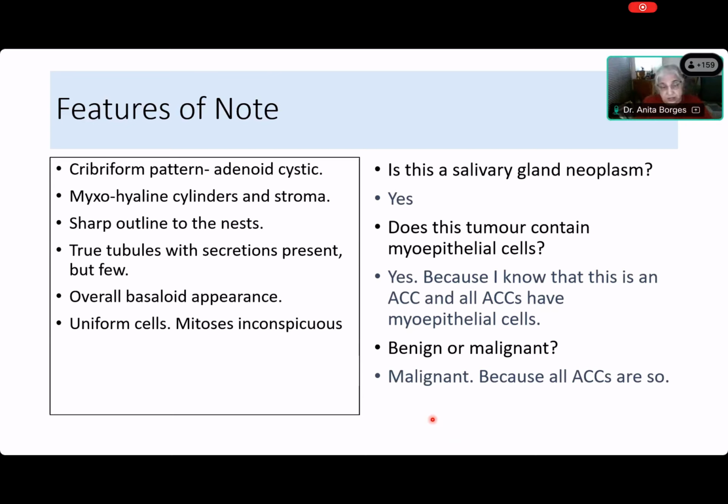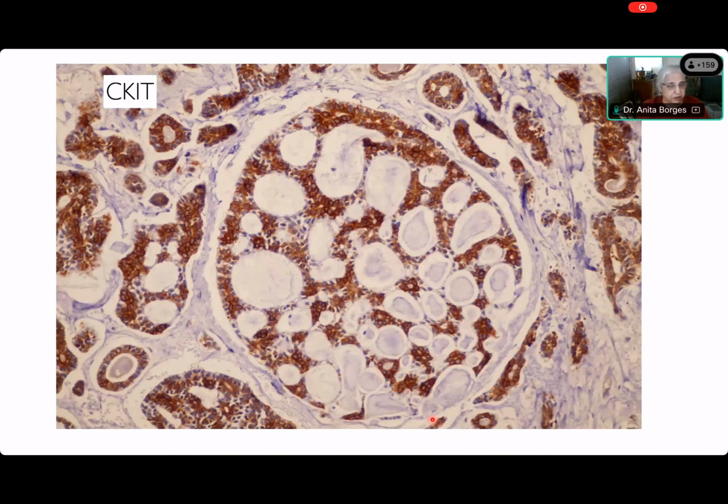And you have just learned something very important today, that you don't make a diagnosis of carcinoma just by looking for pleomorphism, mitoses, and necrosis. Have you understood that? There are things that behave like carcinomas, and therefore they are called carcinomas, despite the fact that they do not have what you learned in your second MBBS. You had benign and malignant, and you had a whole lot of criteria that does not work in the real world.